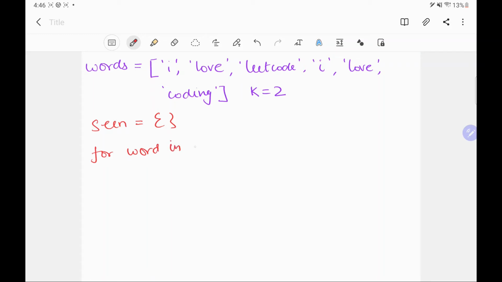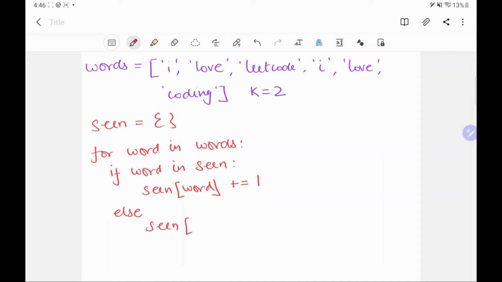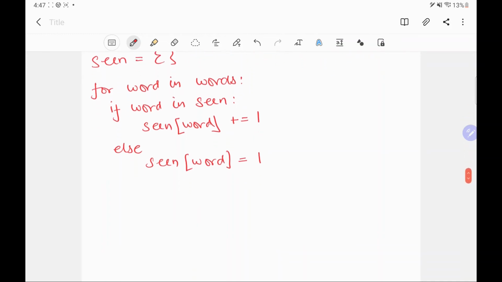For word in words, if word in seen, that is if a particular word is already present in the dictionary, then let's increment the count by 1, else let's initialize the count to 1 in case this word comes for the first time.